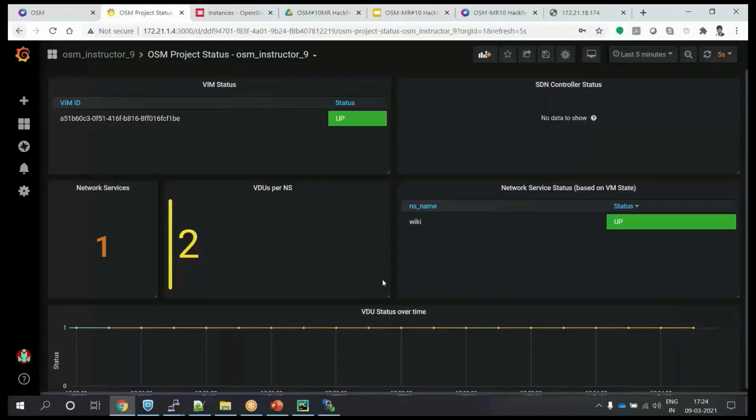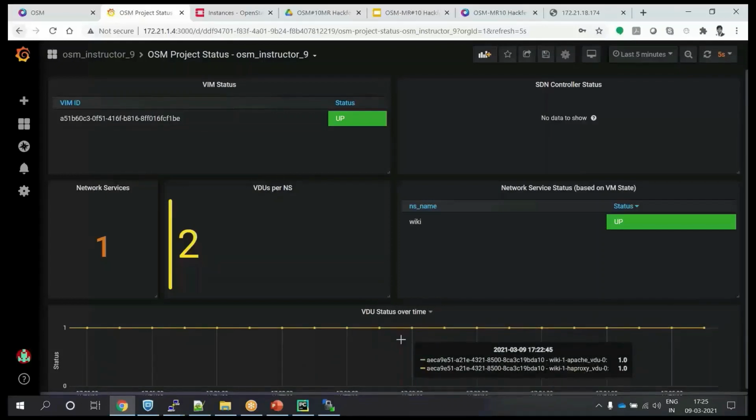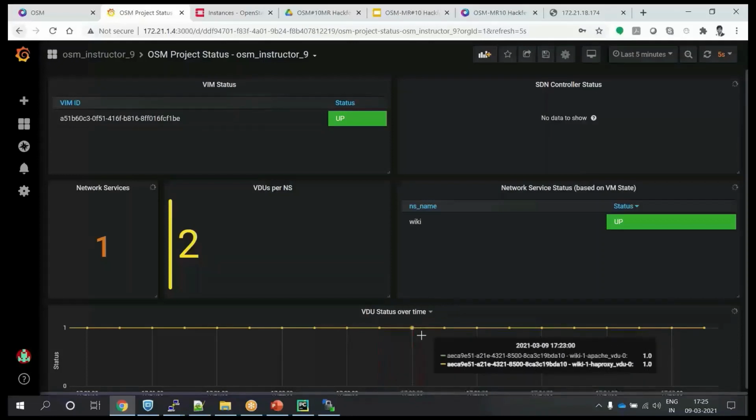I just read that information model as OSM, understand what is the criteria on which I have to do the scaling, and whether I need to scale out or scale in, which operation I have to do. So it's a VNF vendor who is creating this information model inside the VNF, and he is asking me to take some action as OSM. Okay, so it is not that OSM can take an action without the VNF vendor telling it what to do,